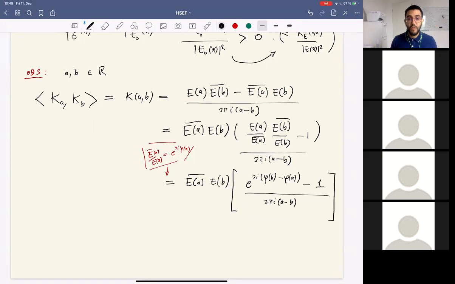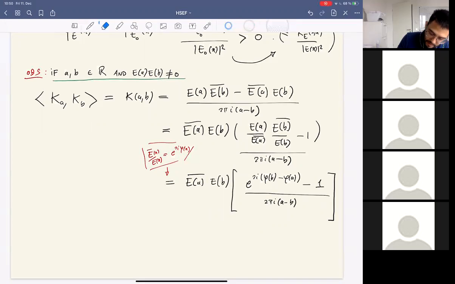Okay, so then we see that if A and B are zeros of the function E, then these guys here are identically 0, of course. So I want to rule out that case. So suppose that E of A, E of B are not 0. Suppose that they are not zeros of the function E. So then by this formula, we conclude that